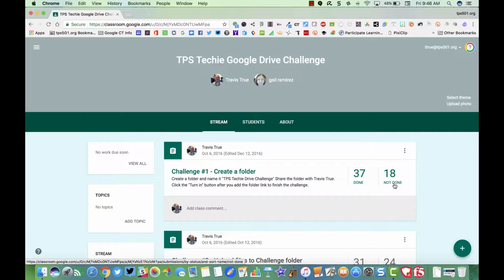Now before we move into the assignment, there's a More Tools button here where you can edit the assignment if you want. You can delete it, you can copy the link and then put that in an email, in a document, on Twitter for your students, and when they click on it, it takes them right to that assignment. I can also add a class comment here, and this goes to all students in the class, so they'll be able to see that. So let's go ahead, and I'm just going to click on the Done section,